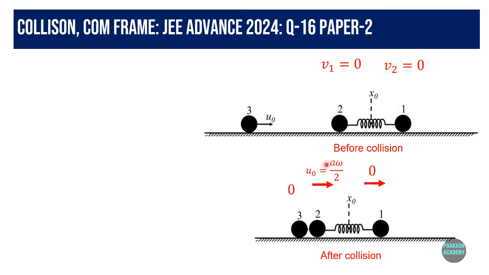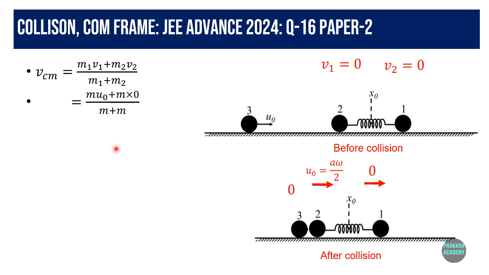Now this is the same figure before the collision and this is after the collision. The value of u naught is given, that is a omega by 2. Now let us find velocity of center of mass using this formula, that is m1 v1 plus m2 v2 divided by m1 plus m2. Now in this case m1 is m, v1 is 0, and m2 is m with velocity a omega by 2. So if I plug u naught equals a omega by 2 and m1 plus m2, that is m plus m,